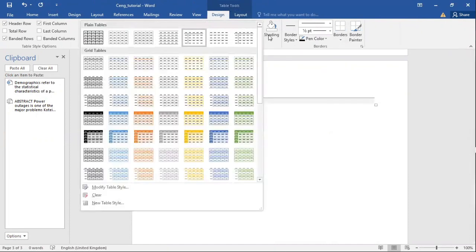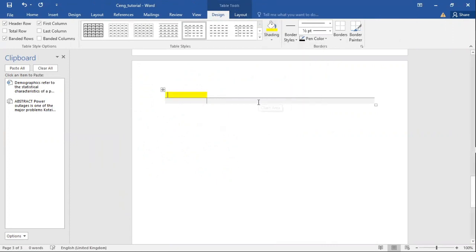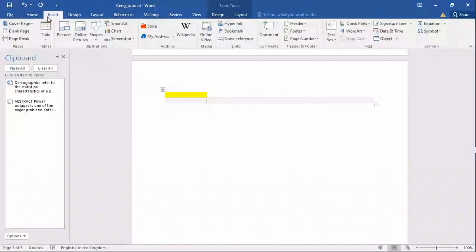Everything is here. You could also change the shading. You could change the color, everything, right? Good. Depending on what you've selected, right? Very, very simple. Amazing. So that is it. And then we could also insert